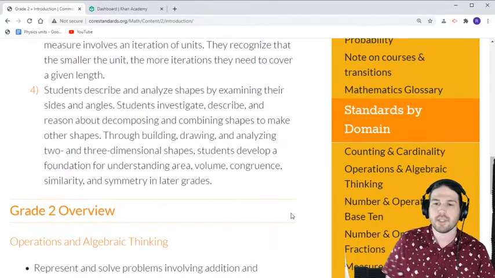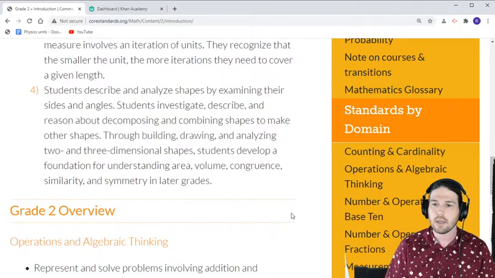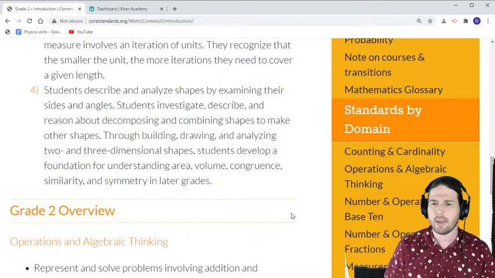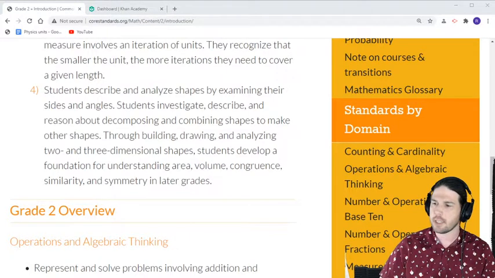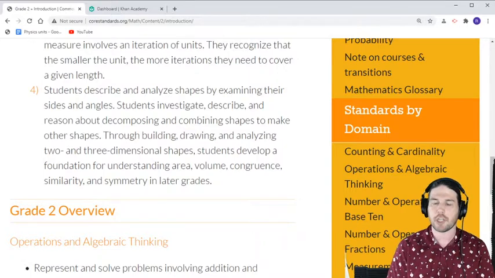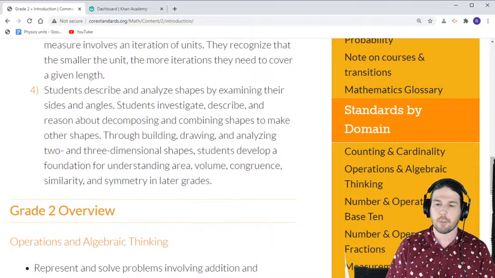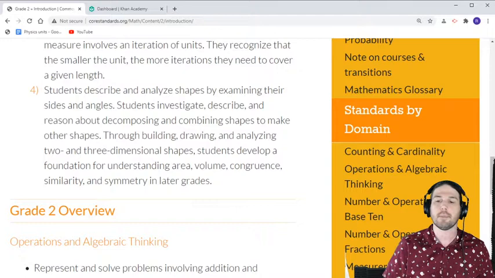Number 4, students describe and analyze shapes by examining their sides and angles. Students investigate, describe, and reason about decomposing and combining shapes to make other shapes. Through building, drawing, and analyzing 2- and 3-dimensional shapes, students develop a foundation for understanding area, volume, congruence, similarity, and